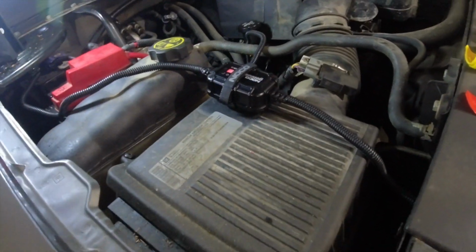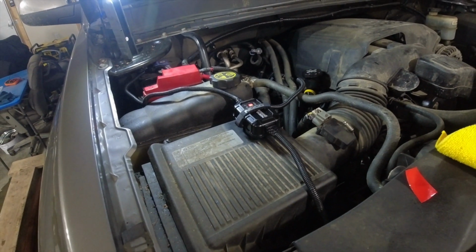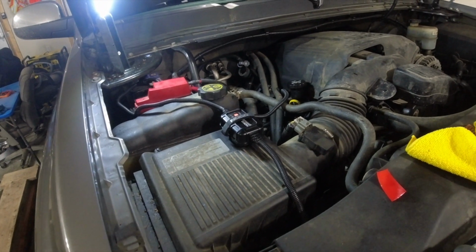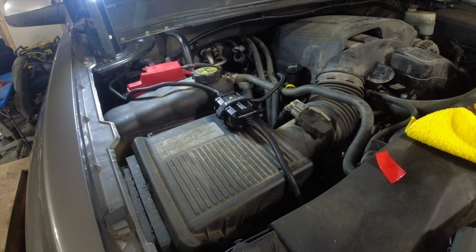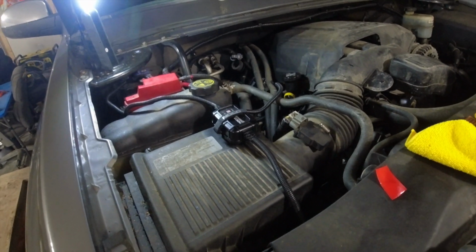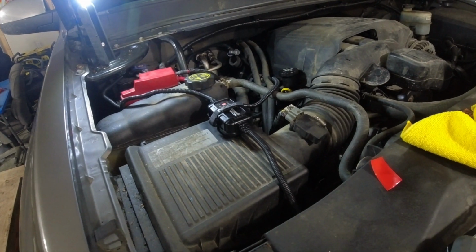Anyway guys, just a quick video on how to install one of these NOCO Genius 2Ds on a 2012 Chevy Silverado. Pretty simple job. The installation be pretty similar for any vehicle really. Like I say, the only issue is the cables are a little shorter than I would like. I wish they were longer,